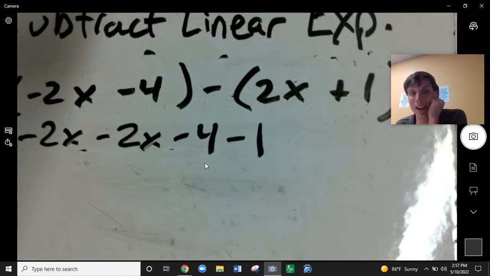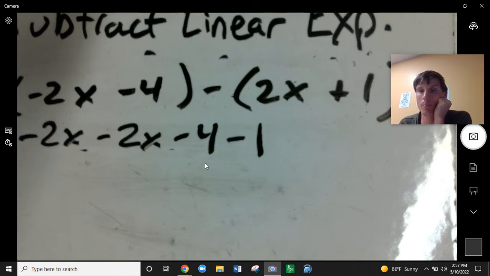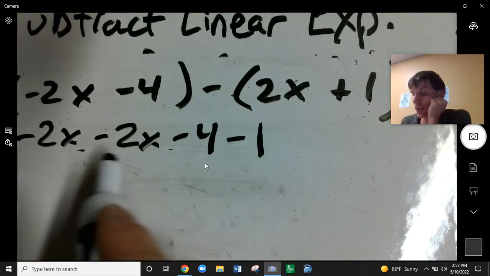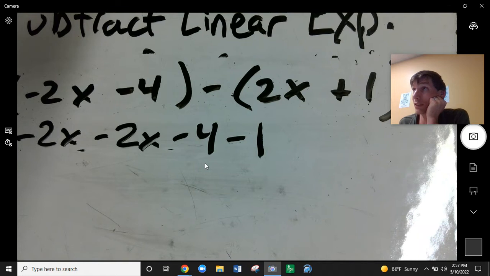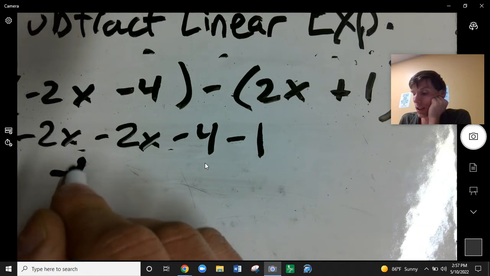So we're really just paying attention to our signs. That's probably the most important part here. Negative 2x minus 2x. So if you have negative 2 minus 2, we're left with a negative 4,